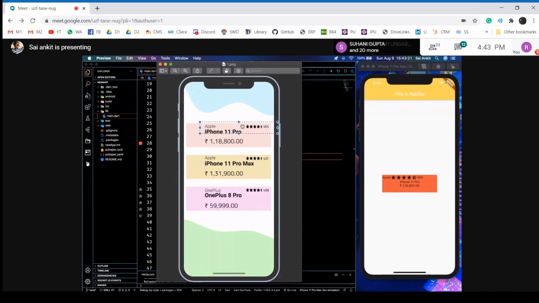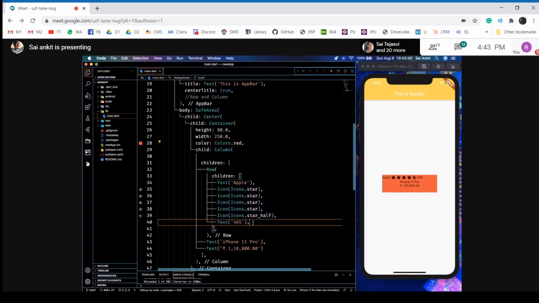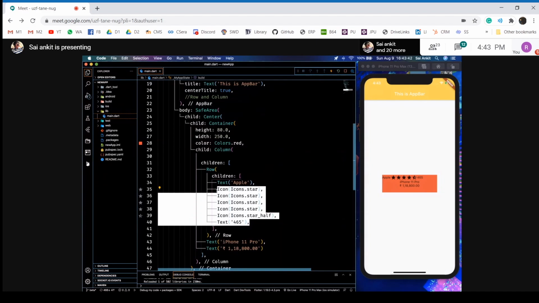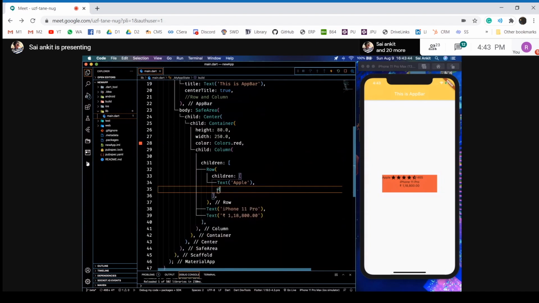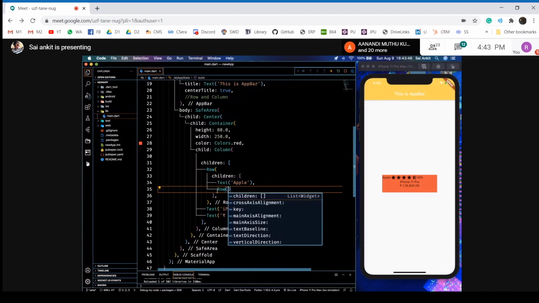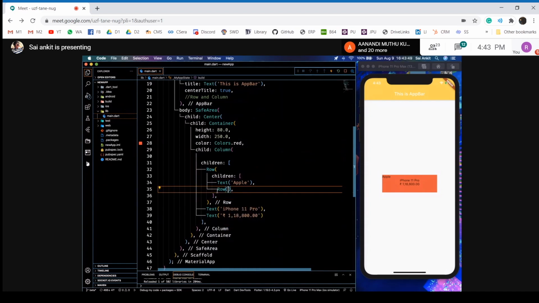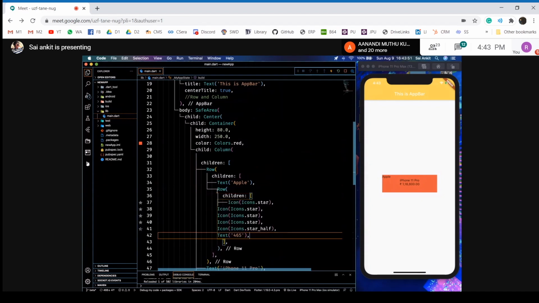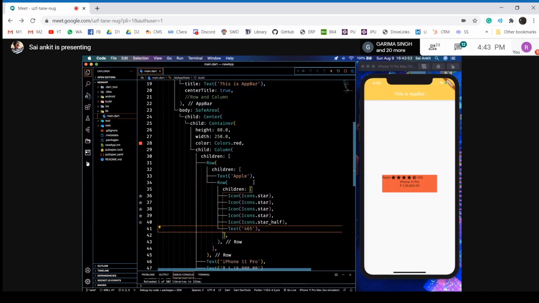So you can make these two spaced in between. What happens is this text widget and this row widget are spaced between them. Instead of messing with the spacing in between three widgets, you can wrap these two widgets inside a row widget, and you can space in between from the first widget. I'll just show you how this happens. This Apple stuff, I'll just remove this, and I'll include a row here. I'll write down children here. So our row's children are these things.